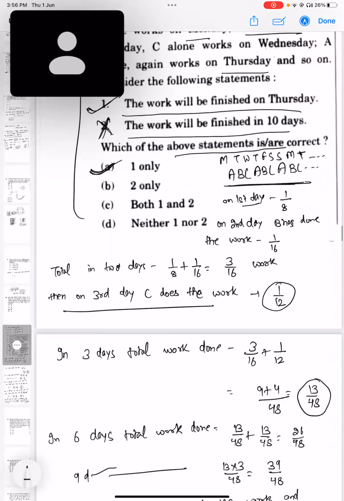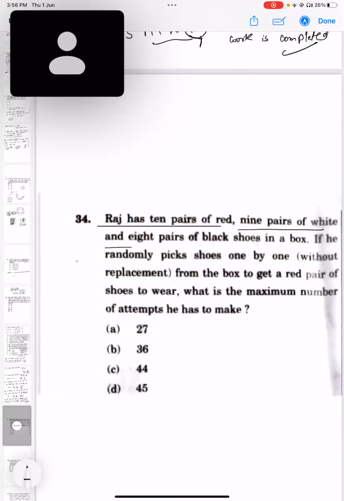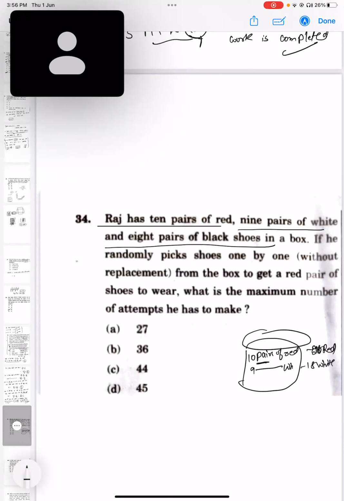It is saying Raj has 10 pairs of red, 9 pairs of white, and 8 pairs of black shoes in a box. See, here it is written pairs of, so 10 pairs of red is basically 20 red. 9 pairs of white is 18 white. And 8 pairs of black is 16 black. So in total we have 54 shoes in the box,